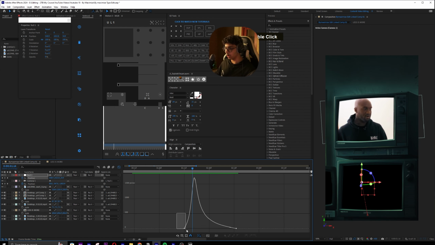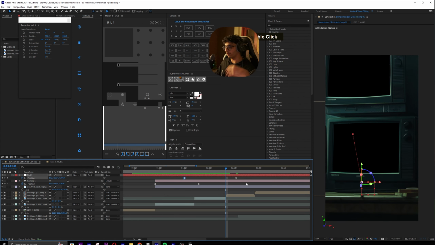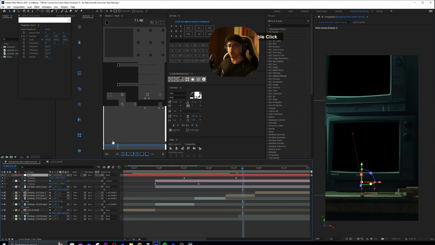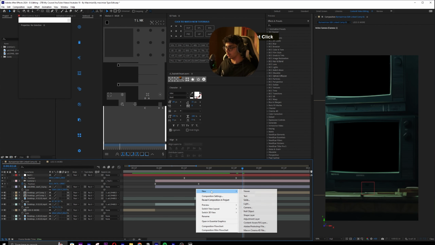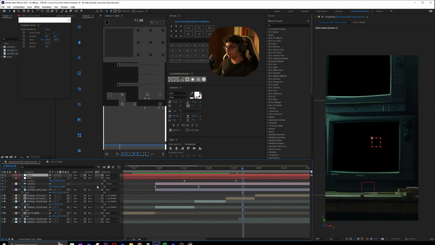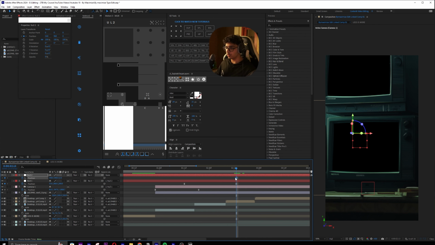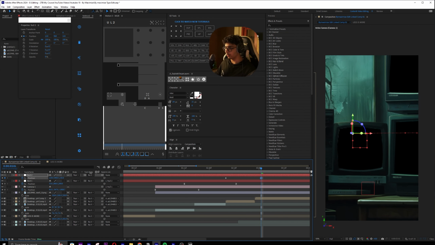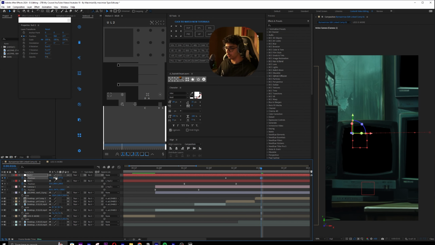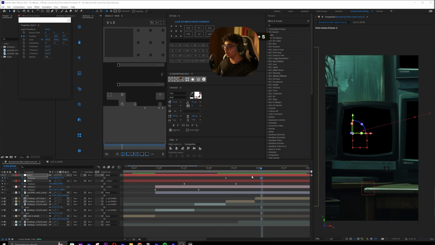I'm gonna have this sharper, so before the less is more other starts, you know the null creation process, so it's the same thing. Click over here, make a null, link the null, and make this 3D. So now we have another null. And why am I doing nulls is because I can overlap keyframes, whereas if I do it on the camera itself, there's no overlapping. So it's gonna go from here, you can say till here, and we'll zoom it in even more, just so we have something a bit more subtle.